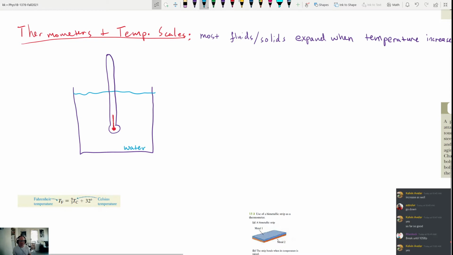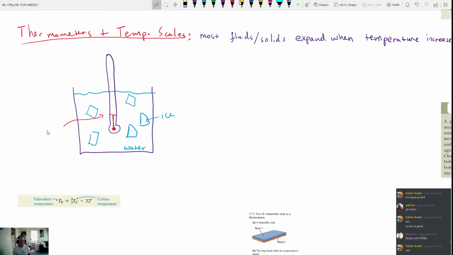You say, suppose that I take this water and I fill it with ice. So I put a bunch of ice in here. So each of these are ice cubes. And I let the water, give it some time so that it comes into thermal equilibrium with the ice. Then what we'll have is ice water. And if we go and we mark off on our scale exactly where the ice water, where the alcohol rises to,